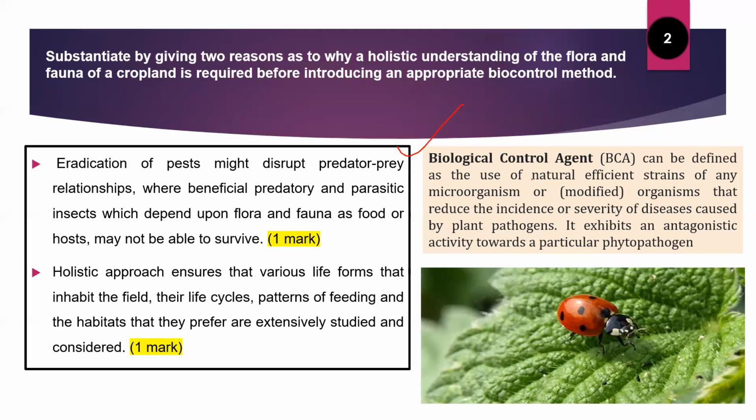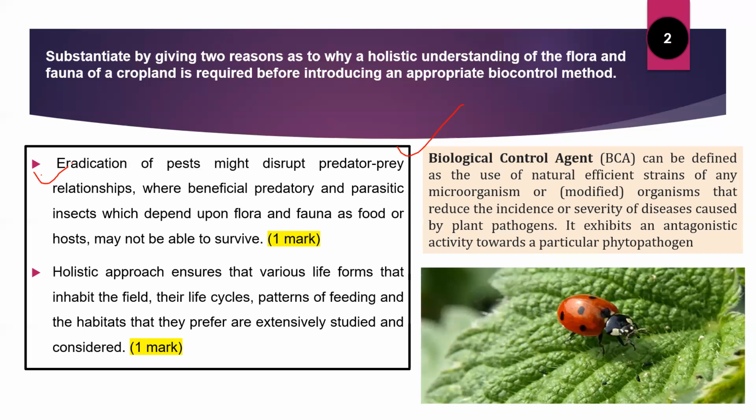See, there are a lot of beneficial predator-prey relationships that are naturally operative. So if we are interested in eradicating the pest in a crop field, then this might also disrupt the predator-prey relationship, right? So many beneficial predatory and parasitic insects, which depend upon the flora and fauna of the crop field for food or host, may not be able to survive. And this is not what we want, right? Because that will wipe away the beneficial